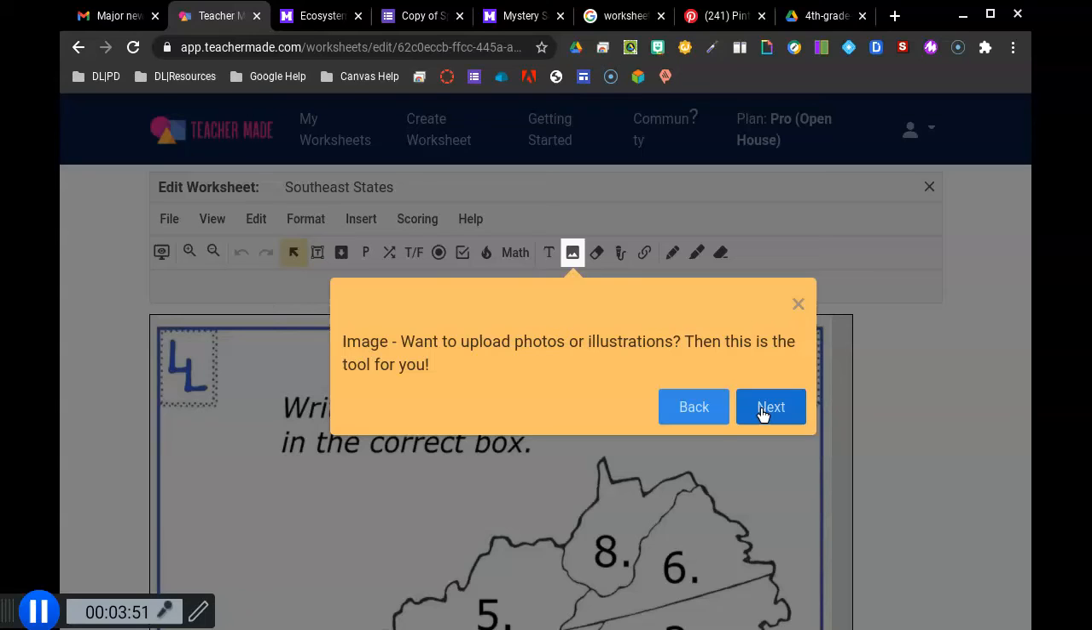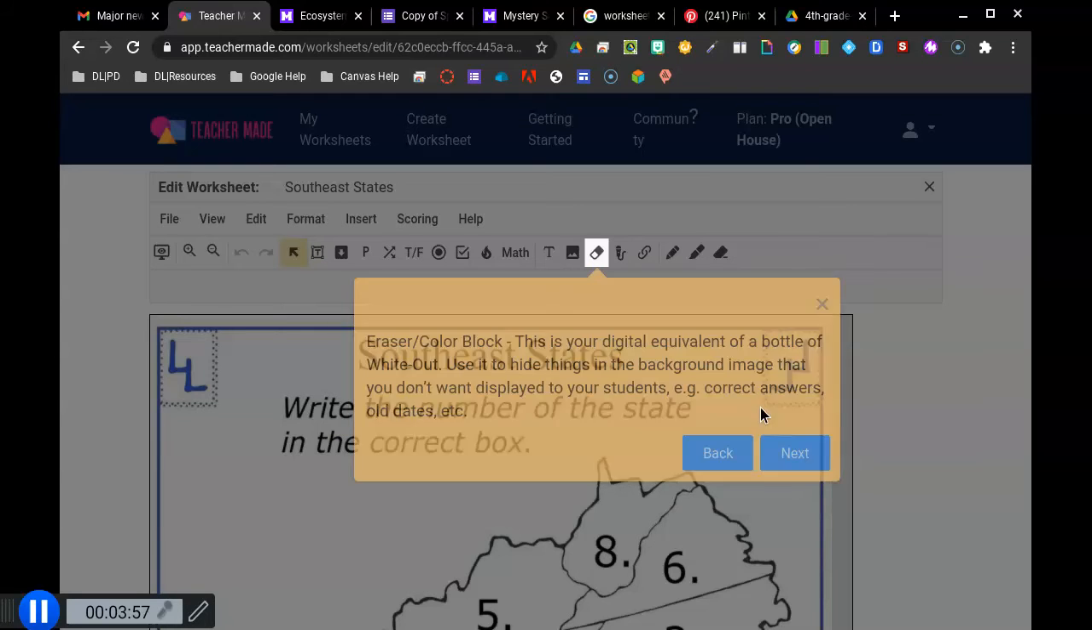If you've already done the worksheet or the project and you want to give a sample of what it should look like at the end, then you can do that as well. And then you have an eraser or color block, so basically a whiteout thing, so you can white out things on your sheet